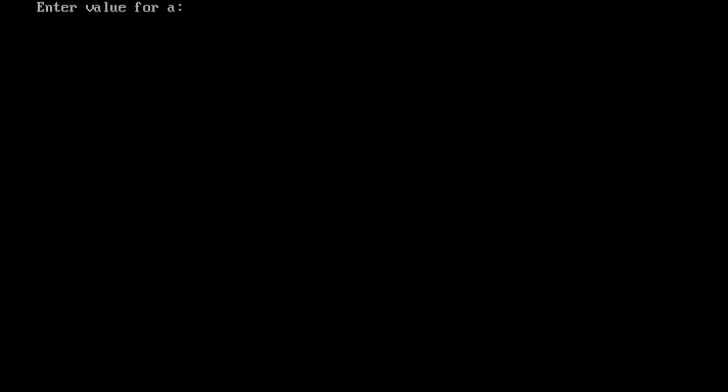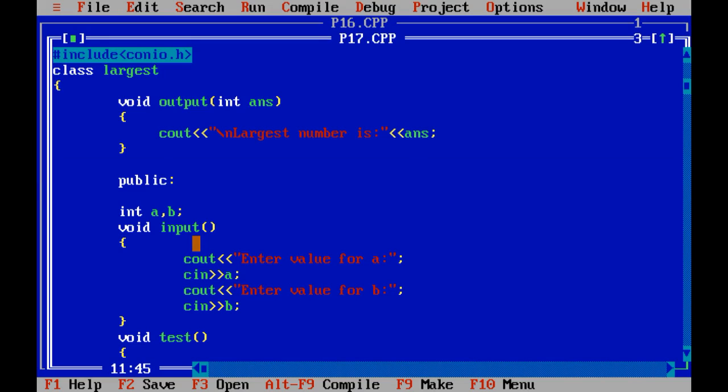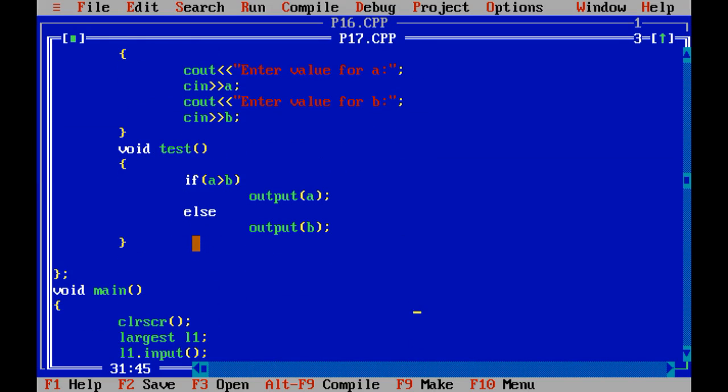Suppose consider the situation where the value of a is 6 and the value of b is 5. In that case also it will print that the largest number is 6, but the way it executes is different. Why? Because in this case the value of a is 6 and the value of b is 5.